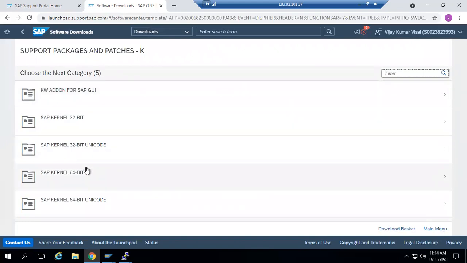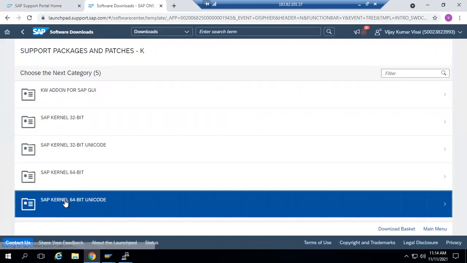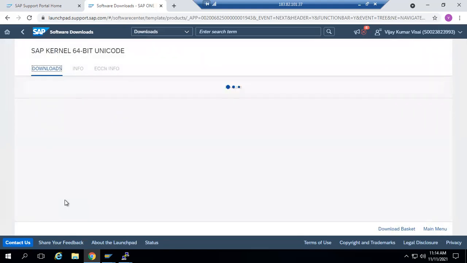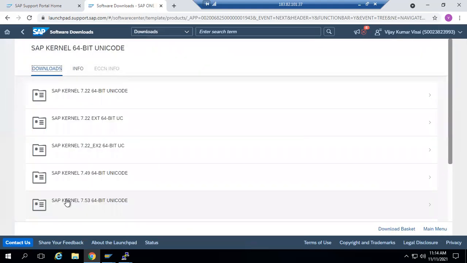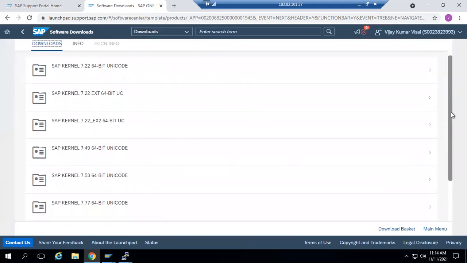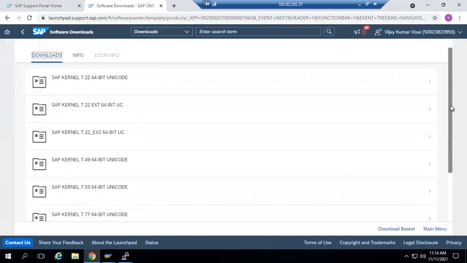Now see, our system is 64-bit Unicode. For non-Unicode you need to select this one, and for Unicode this one, SAP Kernel 64-bit Unicode. What is our existing kernel? 742.